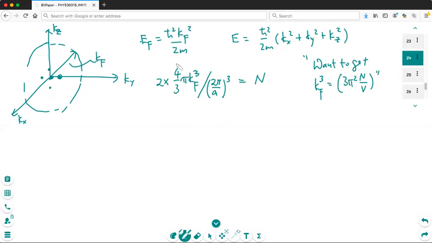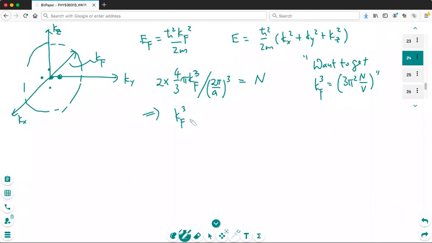Now you rearrange this, you get this expression. This is the volume of the Fermi sphere, and this is the volume occupied by one k point. So this divided by this tells me how many k points I have. Each k point is one valid energy state, and because of the spin degeneracy, I can put 2 electrons there. But this is at k_F, which means I used up all electrons. So I have to equate this to the total number of particles, and rearrange this, you will get k_F